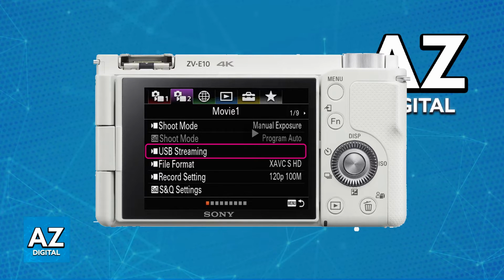If you don't see it there, or if you notice that it is on a different menu, you might want to check the manual for your camera beforehand. Now, once you go into USB connection settings, you will be able to enable the USB streaming option. Doing this will make it so the camera will be detected as a standard webcam when you connect it to your PC or any other device.